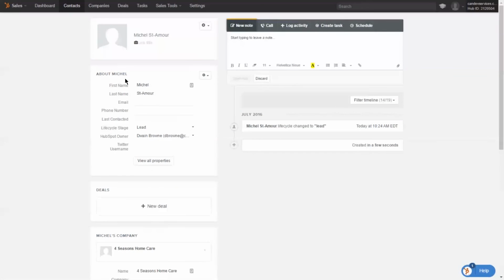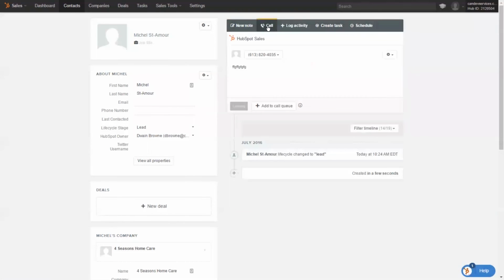So looking below here, this is the actual company. At the top, this is the contact information itself. And then from there, you have a series of options, things that you can do. You could create a note. So if you wanted, you could enter some notes here and press the save button. That will show up here. Secondly, you could make a call to that contact, and you can start placing a call by clicking on the call button.